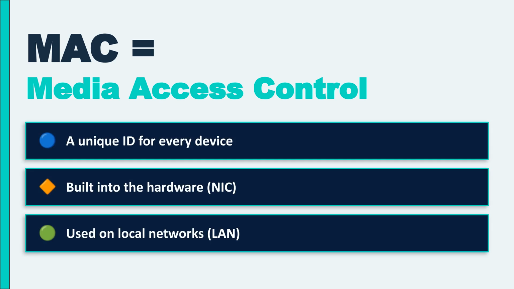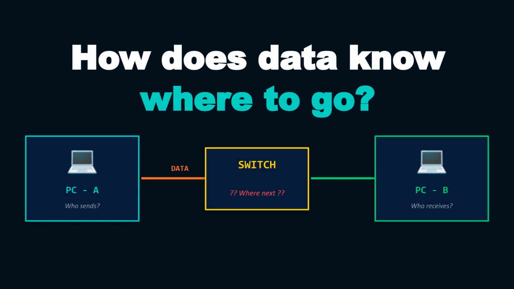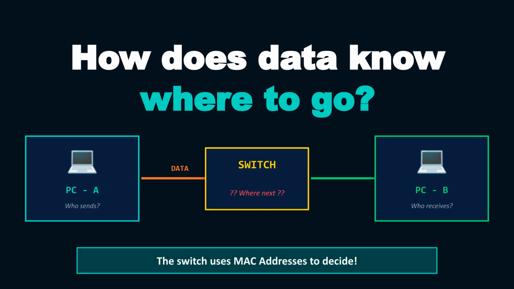MAC addresses are used for communication on local networks or LANs. Imagine PCA wants to send data to PCB. How does the network switch know where to send the data? The switch uses MAC addresses to decide. The switch needs a way to map a MAC address to a port to know where to send the data